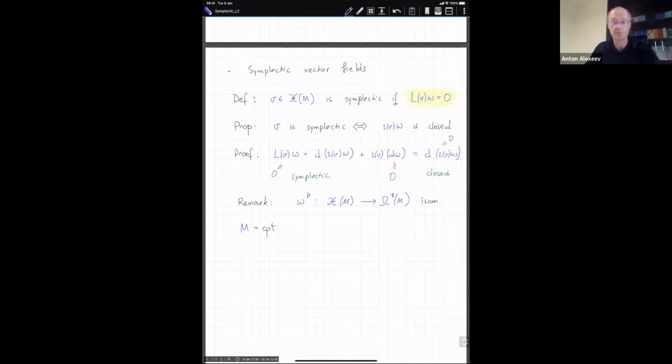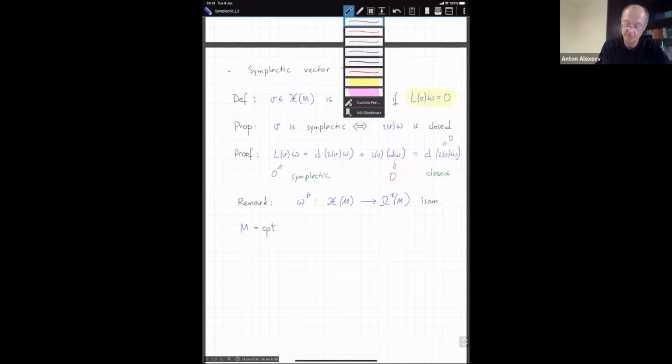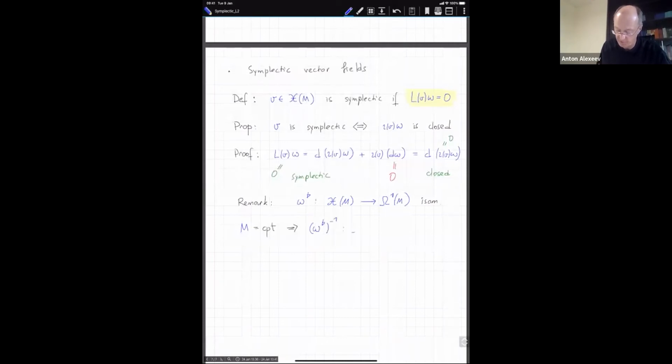But on a compact manifold, everything has a minimum. If the norm is positive, it's going to have a minimum, and we can smoothly invert it. So if M is compact, then I can construct omega flat inverse, mapping one forms